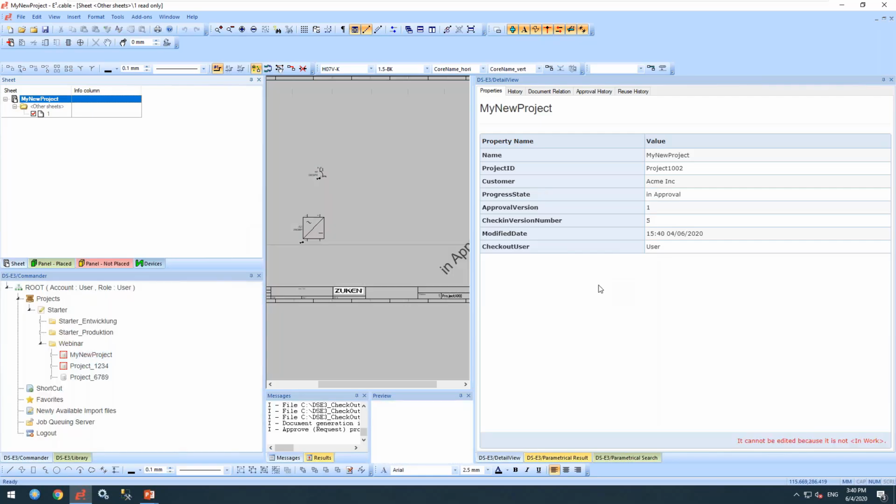And you'll notice immediately that the status of the document has now changed from being in work to in approved. The DS window has changed, and you can see down in the bottom right-hand corner in red that the properties can no longer be edited inside DS. And you'll notice the project inside E3 has actually had its status changed, and the document is now read-only unlocked